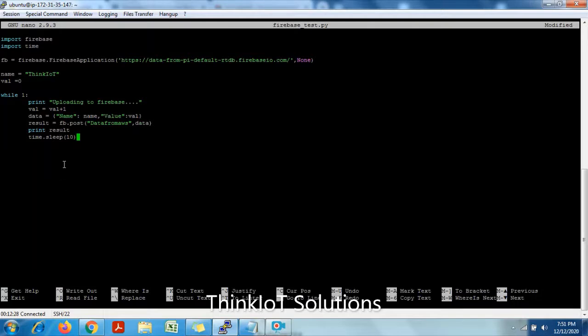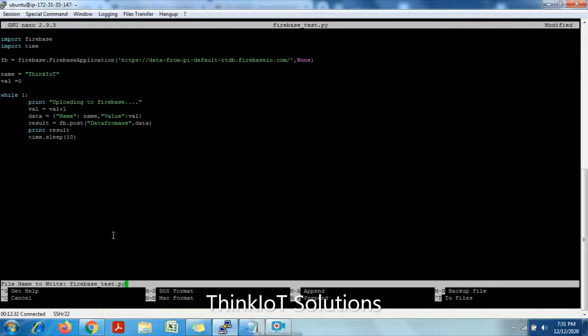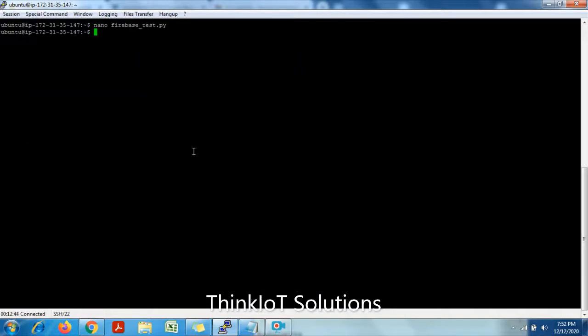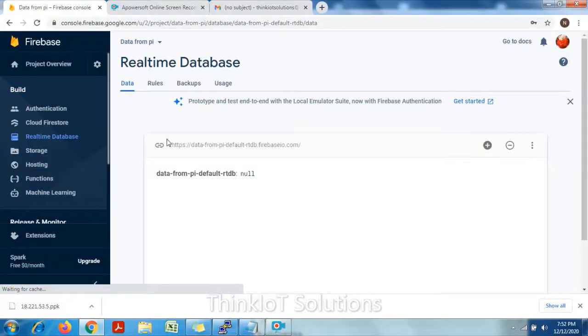So how do we save it? To save it, the command is Control O, write name to file, name to write. So this is the file name. I will say enter. You can see it wrote 15 lines of code here, so my file has been saved. I will say Control X. Okay, now you can see here I have created the file. Now you can see there is no data here. Now let us run this file.